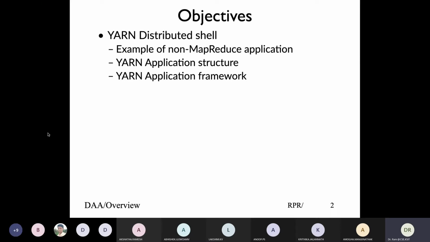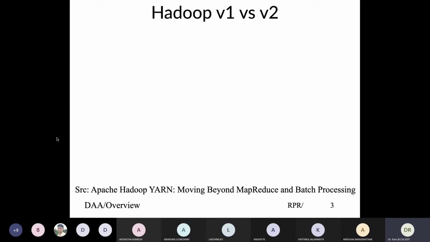Now, the third point, the application framework, will basically give a listing and it's going to be more or less simple, getting familiar with nomenclatures rather than getting into more details. If you want to get more details, you have to go to the respective websites and get the idea. But from the course perspective, we'll just get basic familiarity with this framework.